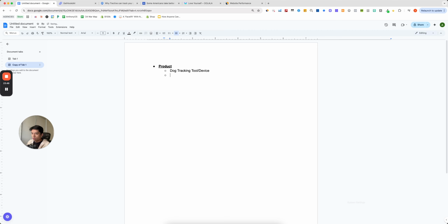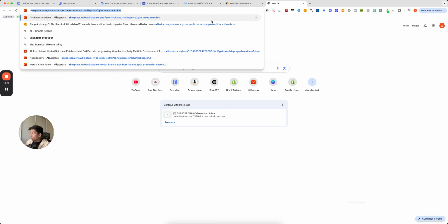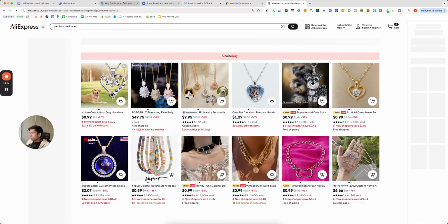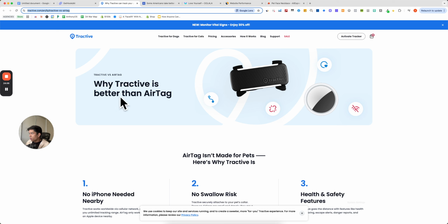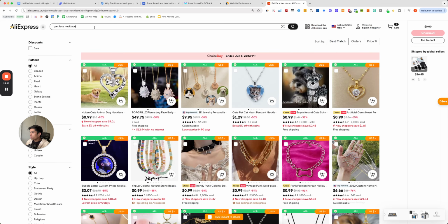All right, obviously this hits the criteria of not just women, but it could fit the majority of women, so 30 to 65 plus. It solves a problem, and right off the bat, without even doing the math, I already know that this is completely validated. First thing we want to do is verify that we can actually source a product like this. So this is a dog tracker, and let's see if we can find